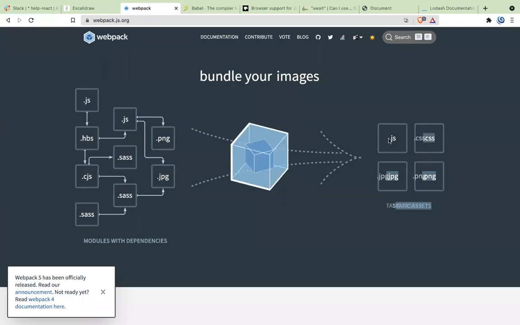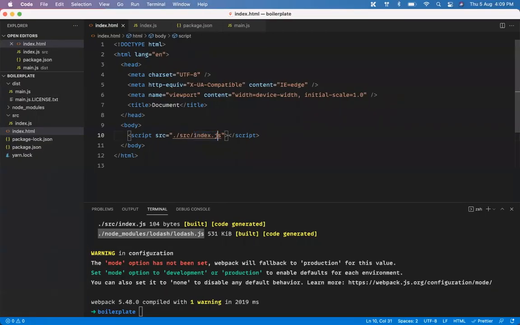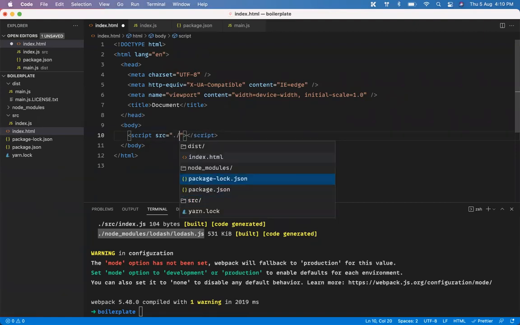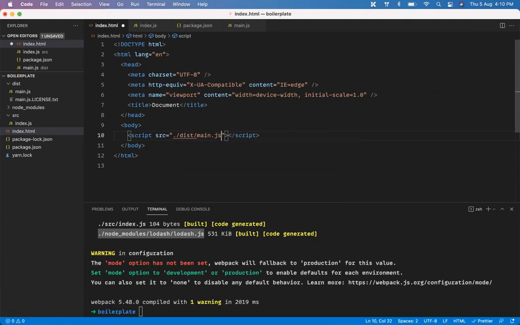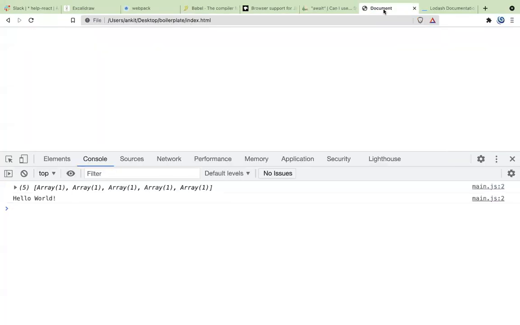What if rather than using load-as at one place, maybe date.fns at other place, maybe other files like index.js at another, app.js at another, I'll just use one JS. So rather than linking the JS file like this, what if I link going into dist? So I'll go into dist, and main.js. Now, all I'm trying to do is refresh this page. What do you see here? Did you solve the problem of module or not?